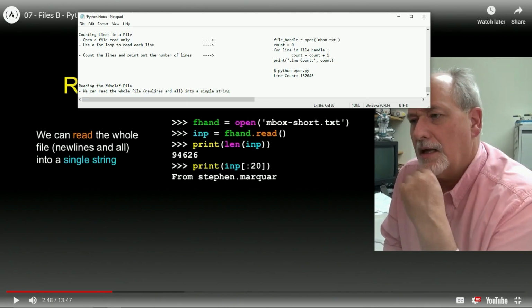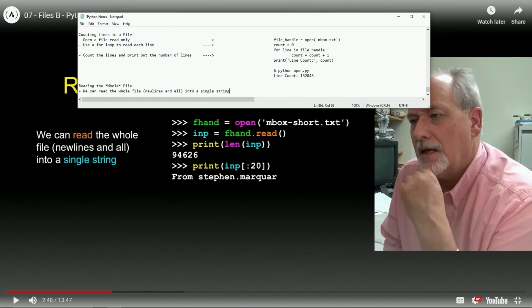All right, so this read right here isn't the kind of verb that we are expecting. This is read as in computer read, right? So we can read it line by line, or we can read it into lines, and we can read it into a single string.